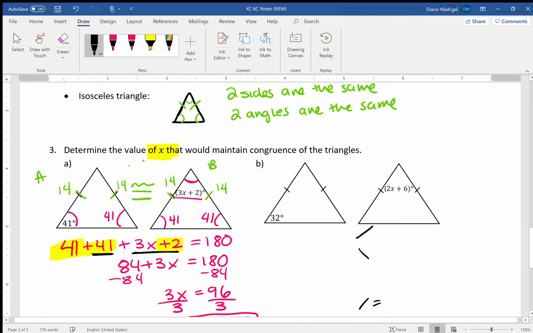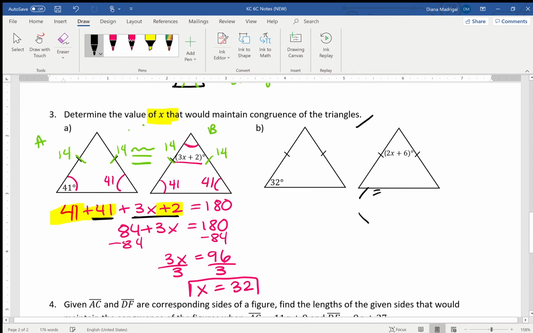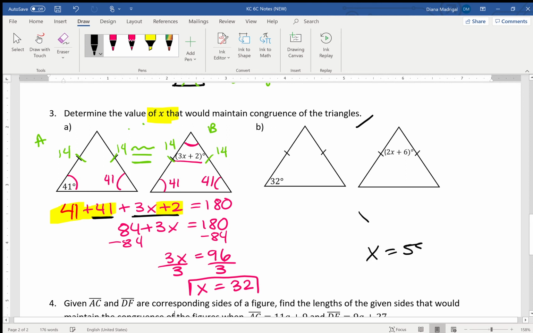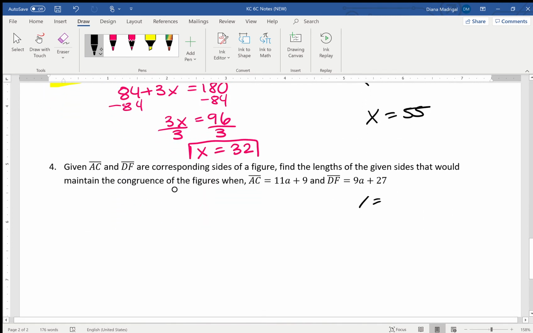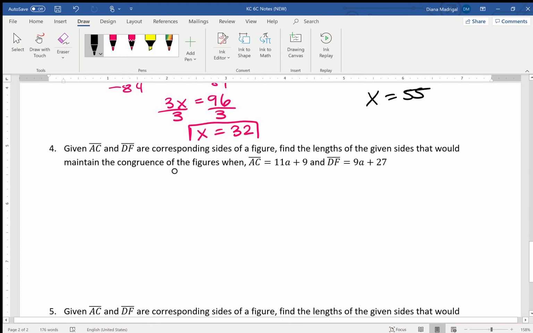X equals 55. Okay, so try it, make sure you get the right answer. All right, and the last problem, 4 and 5. Okay, kind of tricky, because we're getting used to solving for a variable, but this is where